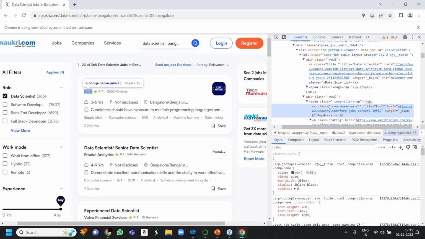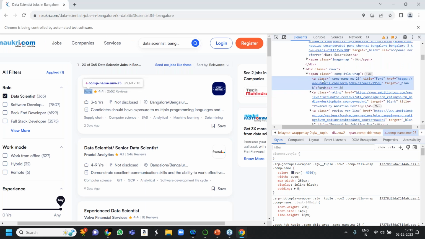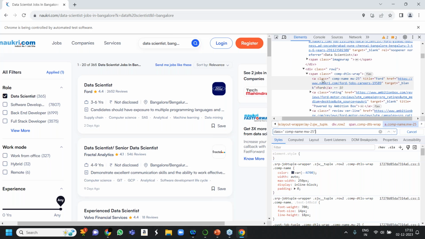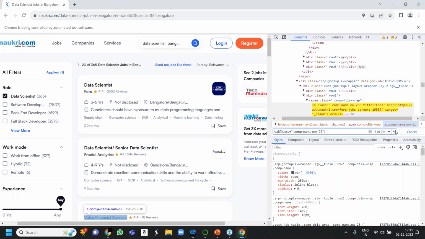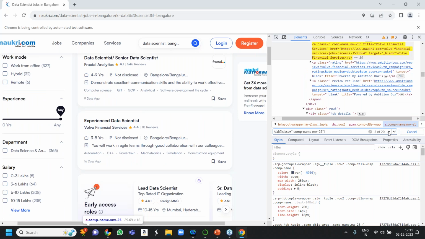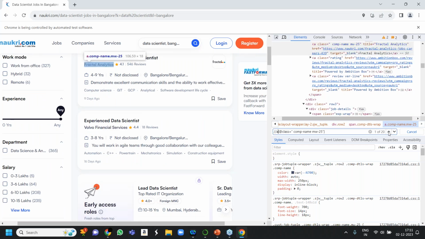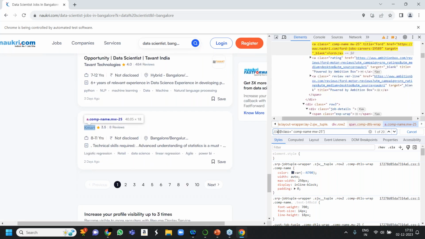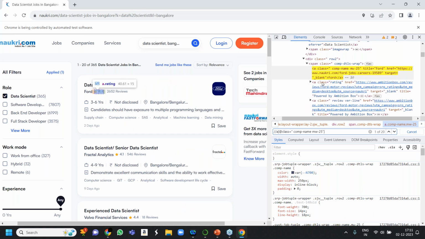Okay, let's do it, see both ways. Let me first check, as this is getting highlighted, if it is giving me a result or not. It is the A tag, right? It is giving me results. Okay, you can take it this way also. Okay, you all get it.